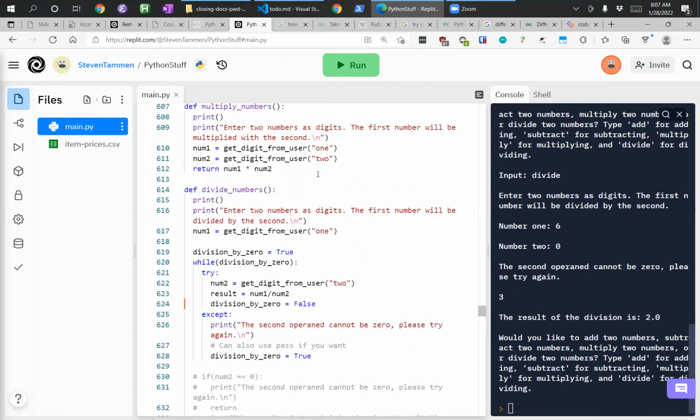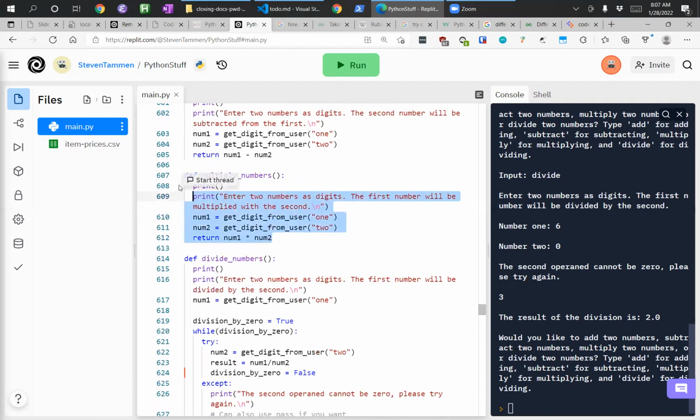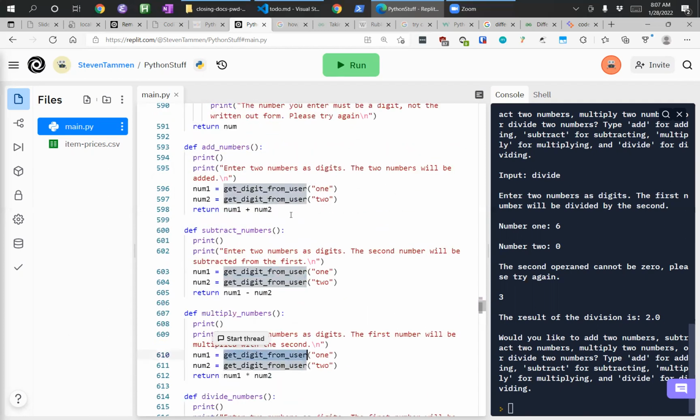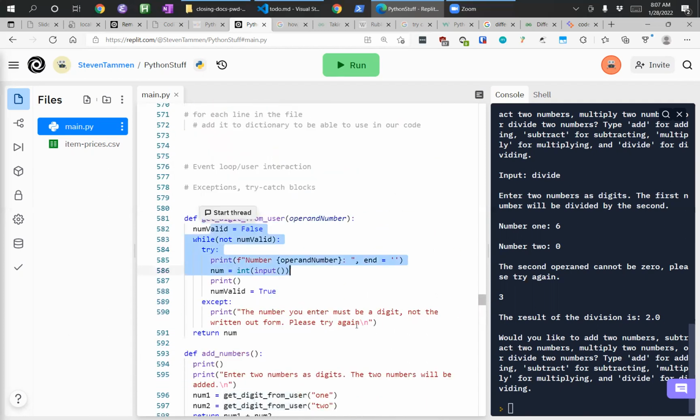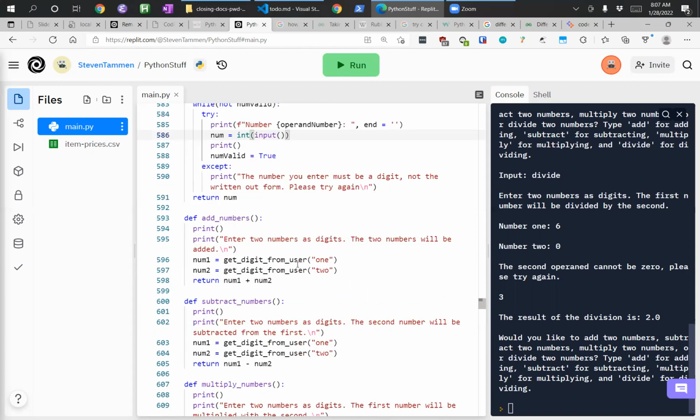Inside of the functions here, to be able to properly unit test it, you would have to know that you were going to get two numbers in the function and then return the addition of the two numbers. You'd have to know that up front to be able to test it properly, because you'd have to write tests for it before you even wrote this function. And then you have to know that you were going to organize it so that it called another function that then got the numbers, right? You'd have to know before you wrote any code that you were going to make another function to do this.